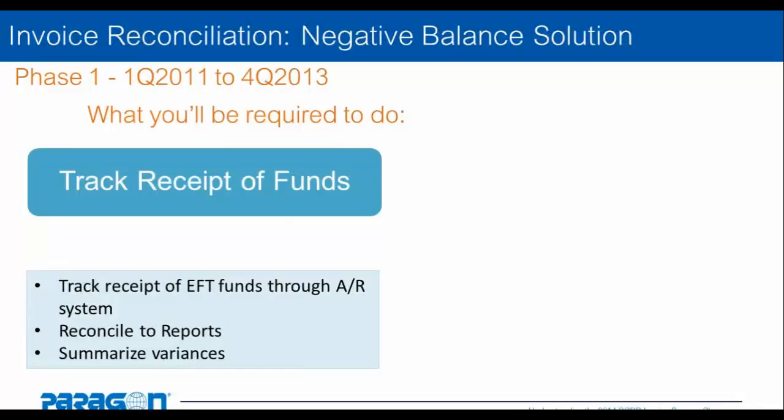Let's take a look at the first area, tracking receipt of funds. Once you receive the reports from the TPA, the first thing you need to do is to begin tracking the receipt of funds through your organization's AR system. As your organization begins to receive these funds, you'll need to begin reconciling the funds that you've received to the expected funds per the negative invoice reports. As you move along in this reconciliation process during the 38-day payment cycle, you'll need to summarize variances and discrepancies. This information, in turn, will feed the data for the second high-level area,